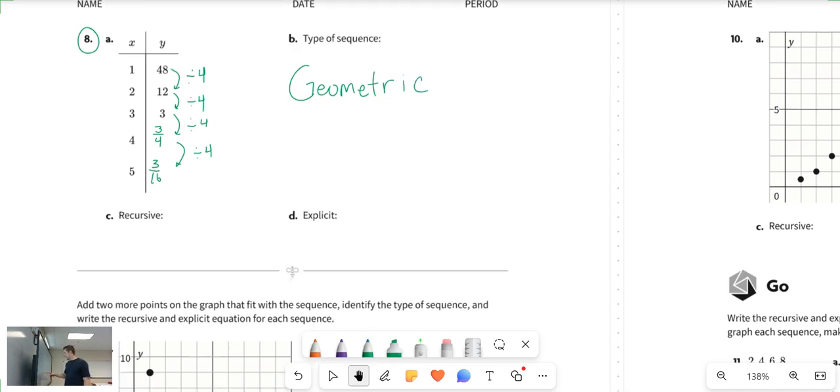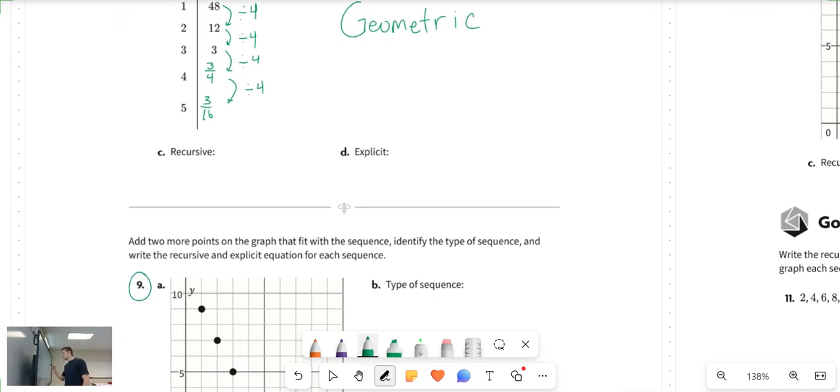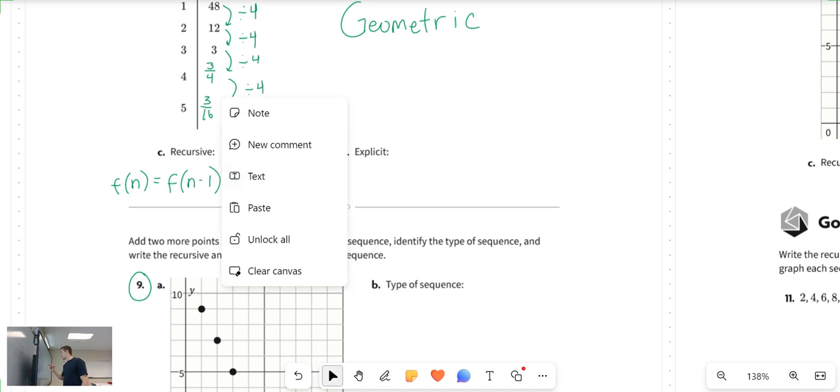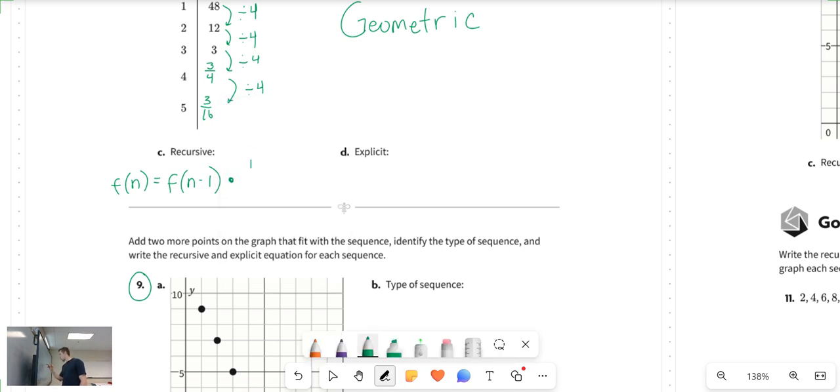And let's get our functions written. All right, so our recursive is going to be f of n equals f of n minus 1. Yeah, we'll write it as times 1/4. Oh, that is not 1/4, is it? Times 1/4. There we go. And also we should note that f of 1 equals 48. There we go. And our explicit rule should be f of n